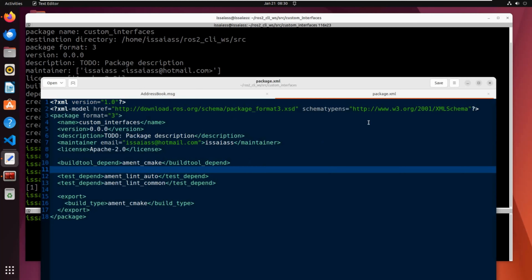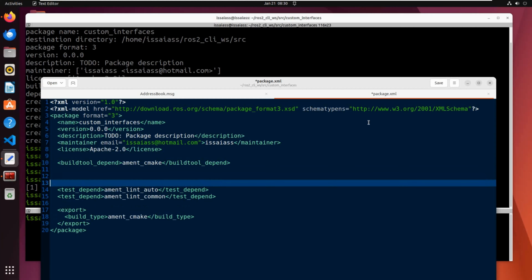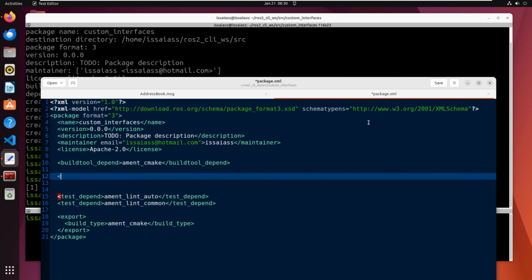Here we will need to tell ROS at build time what we are going to do with our generator. So we need to specify a build_depend